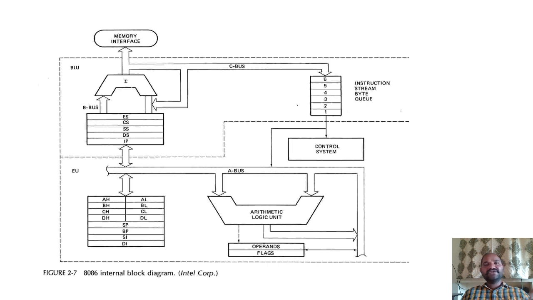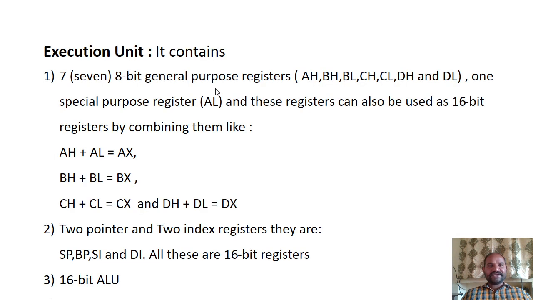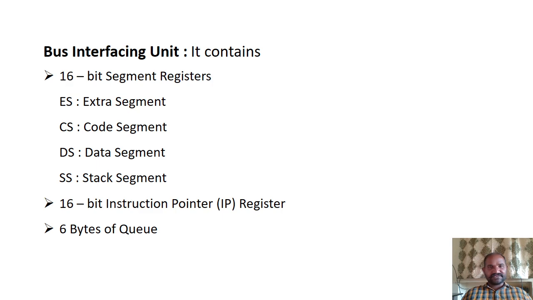After that, write that the internal architecture of the 8086 microprocessor is as follows. Now draw the internal block diagram, and after that go for explaining. These are the major points you are supposed to show in the execution unit, so explain the execution unit including all these points. Along with that, explain the flag register. I'll prepare a separate video on the flag register. After that, explain the bus interfacing unit.